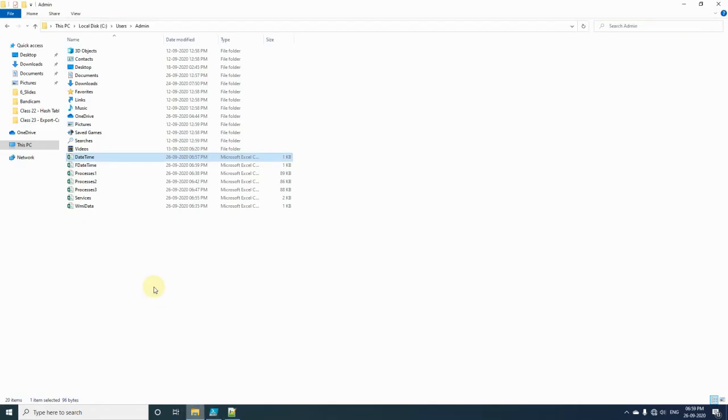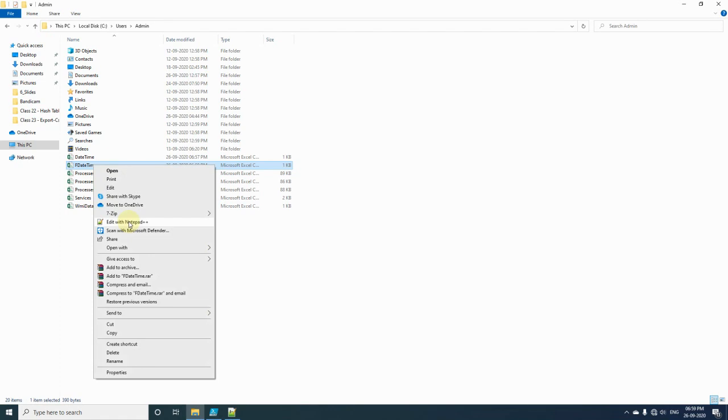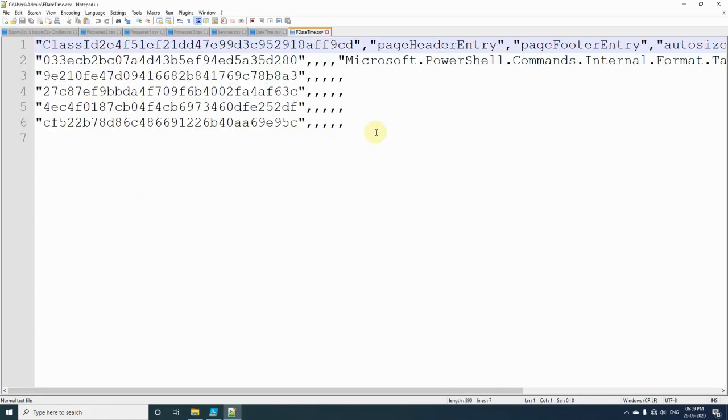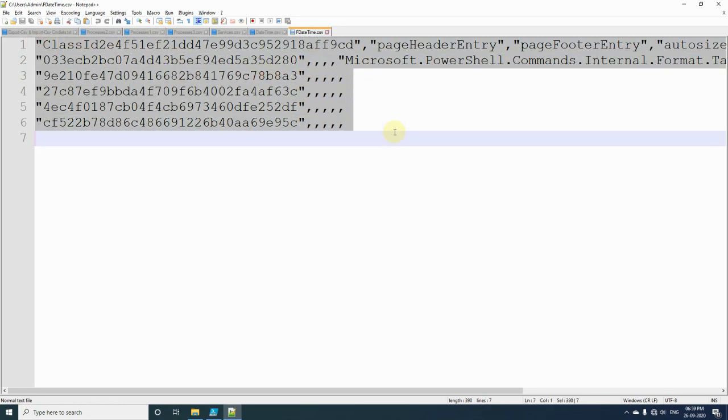After I have executed, you will see that again a new file got generated, that is F date time. If we open this one again with Notepad++, you will see that it has given some data which we cannot understand. So this is the difference you can see here.